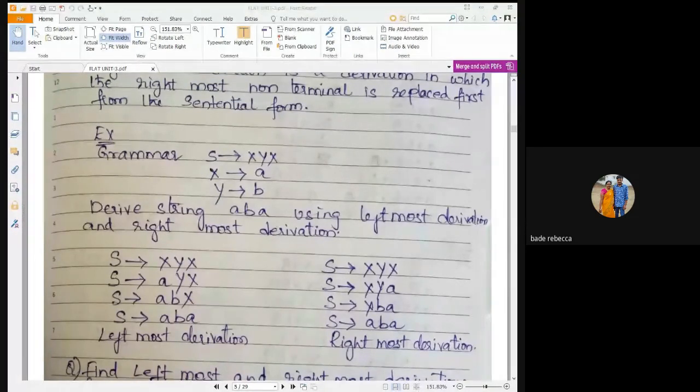To derive the string ABB, we have to start with which rule in the grammar? What is the possibility of getting the string ABB in the rules provided to us? Is it S implies AS or S implies B? Is it possible to derive a string ABB with S implies B?